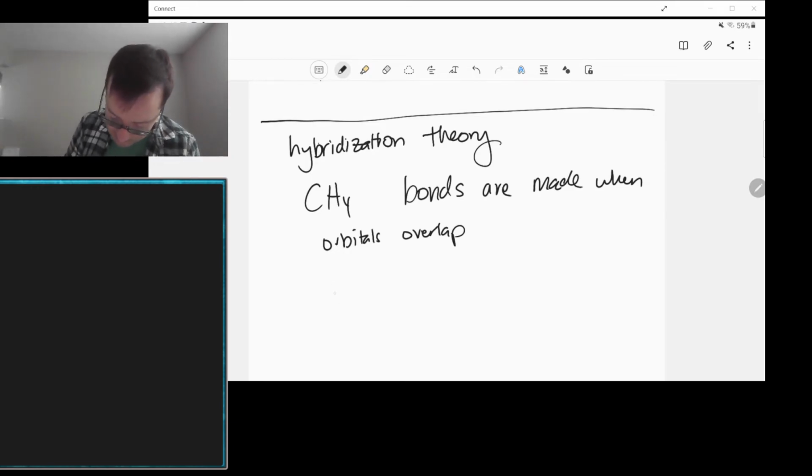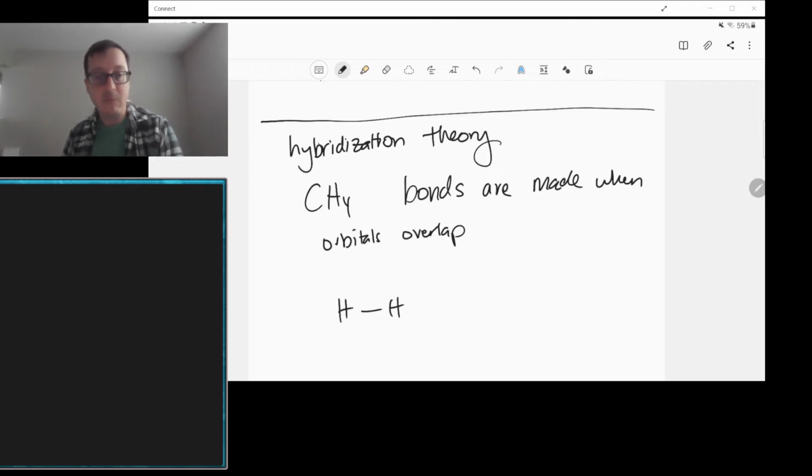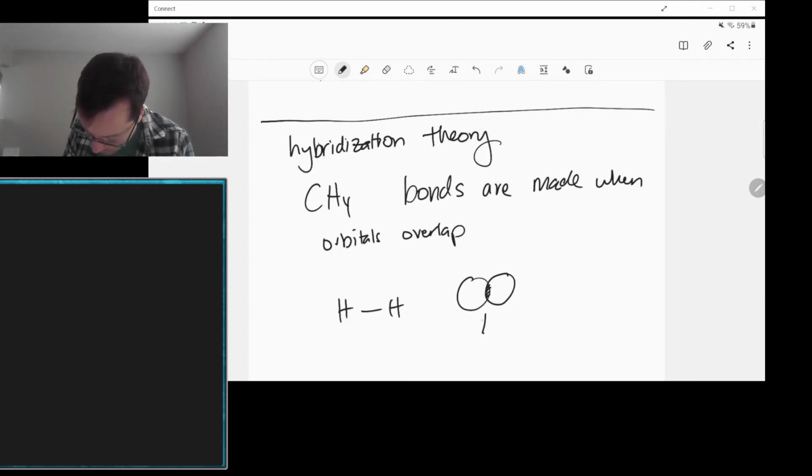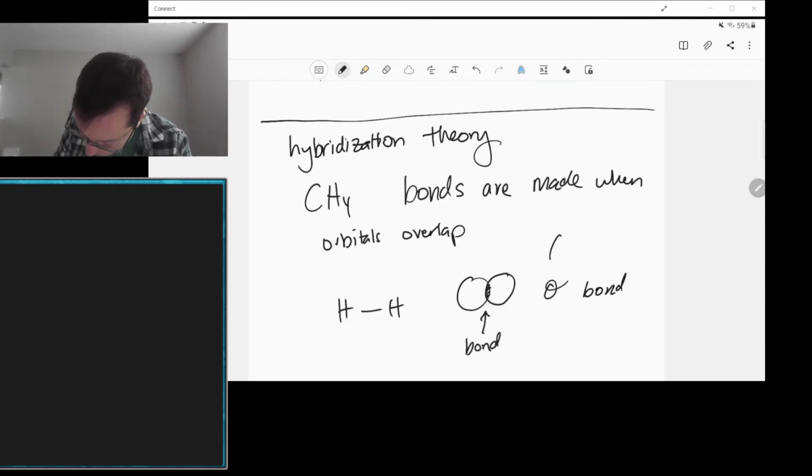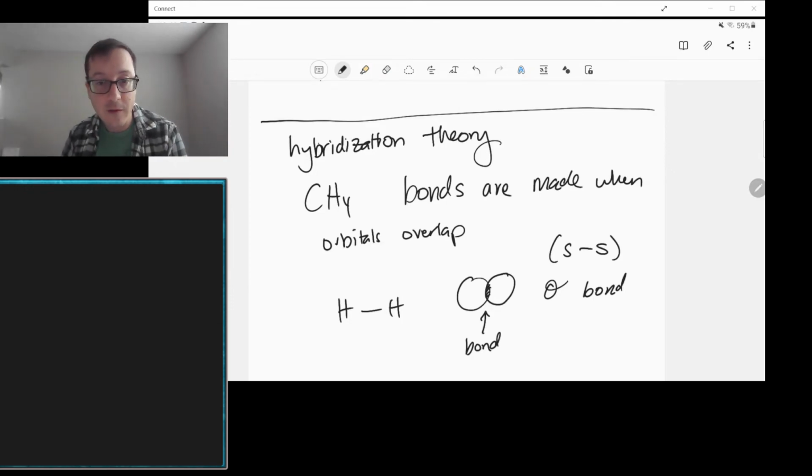And we're going to see something like H2, hydrogen gas. They just have s orbitals. We're going to see that that overlap there is the bond between the two. And so we're going to see that when s orbitals overlap, they form a sigma bond. And we're going to see that when p orbitals overlap,